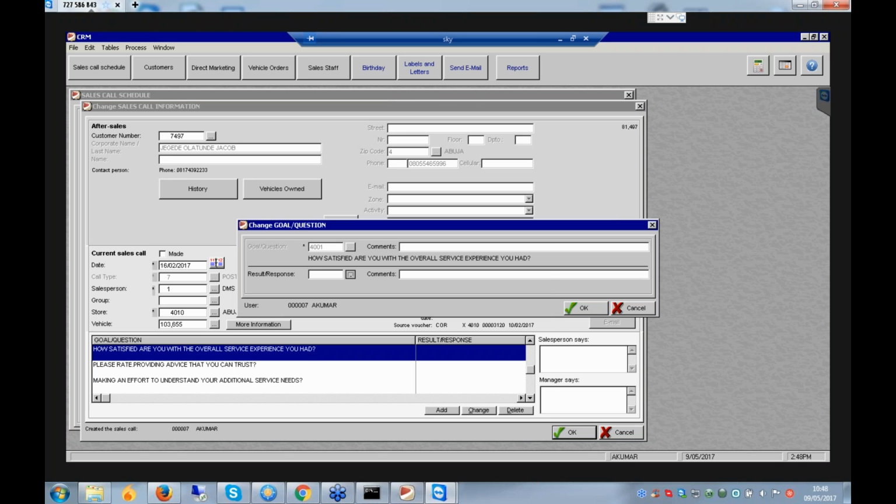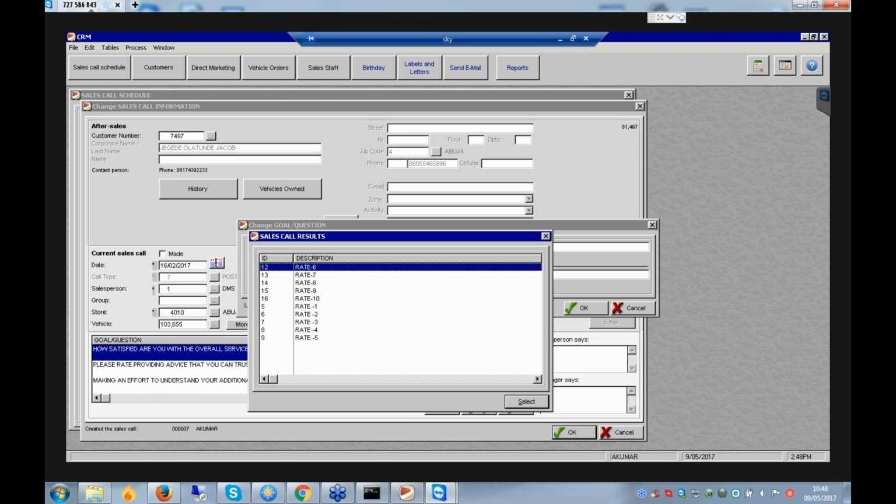So you have to ask the rating, because this question is the rating question. The dealer has decided that it should be the rating. So you have to select the rating, whatever rating he is giving. If he said, okay, I will give only 2 rating, you select the 2 rating. If the customer says, oh, no, I will give 9 rating, 9 rating.